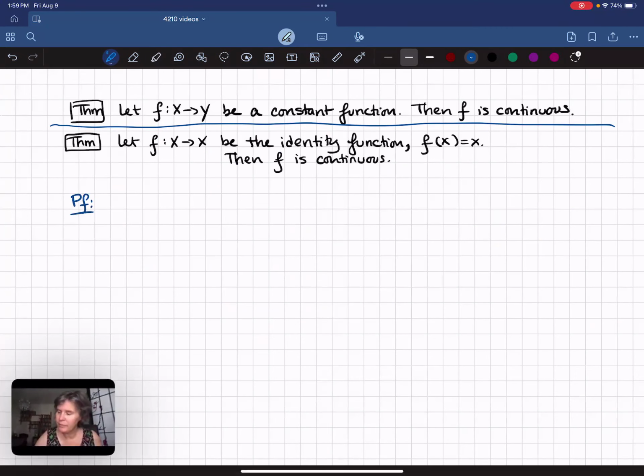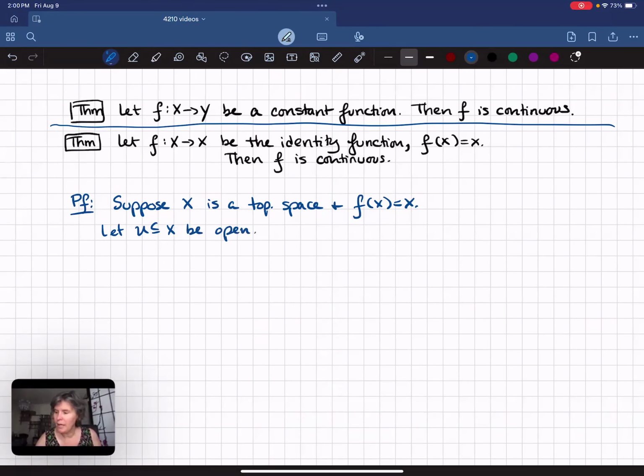Proof. Suppose x is a topological space and f of x equals x. We want to prove f is continuous. How do you prove a function is continuous? Well, you have to take an arbitrary open set in the codomain. So let's let u, a subset of x, be open. And then we have to show its pre-image is open. So then the pre-image,